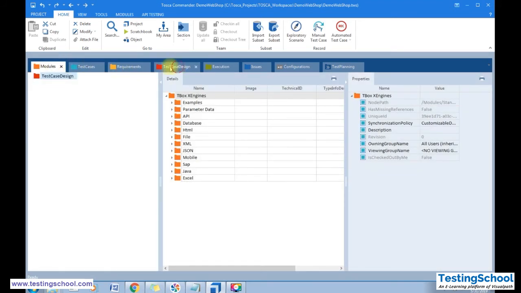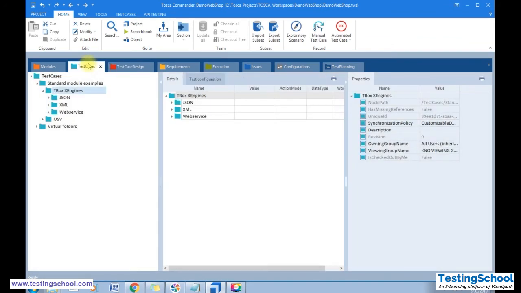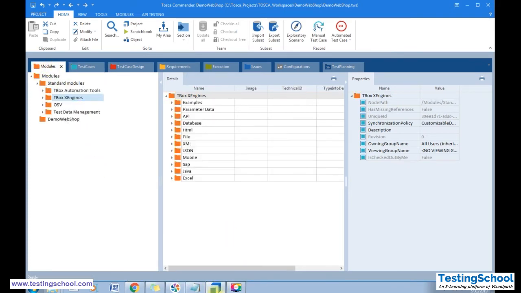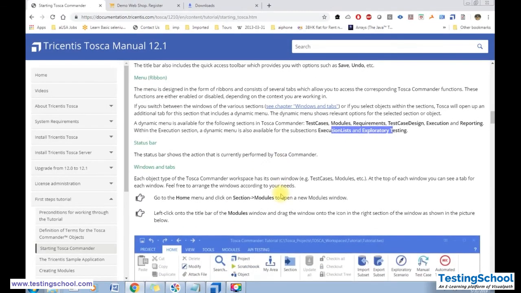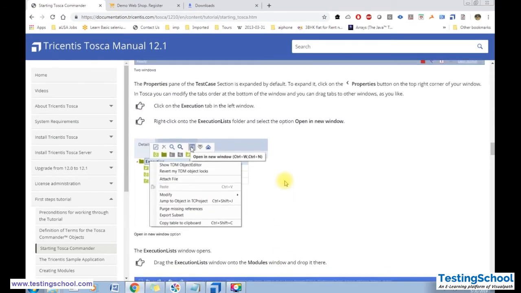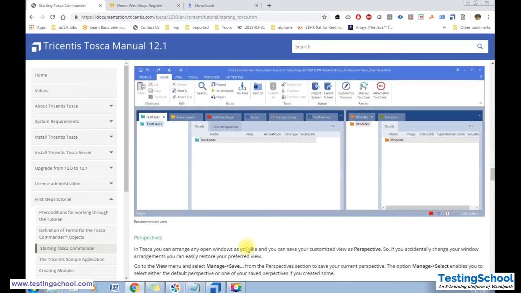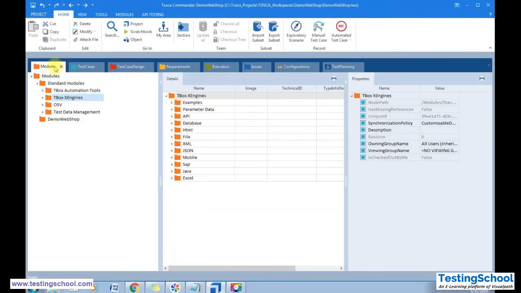The second one would be test design, and the third one would be test cases. Like this, you can rearrange the sections. Right now we'll be focusing only on the modules section.